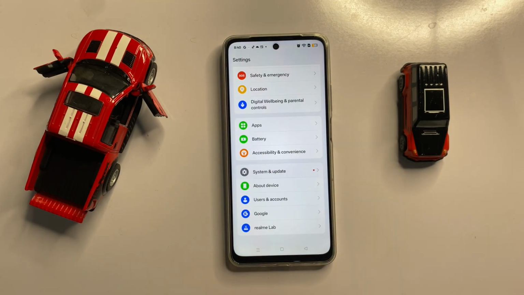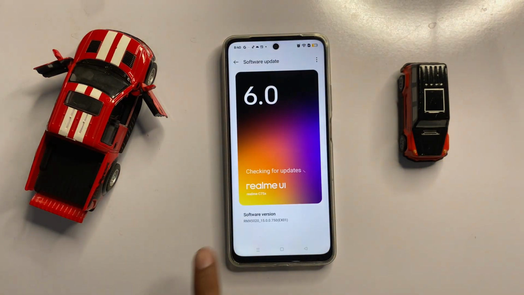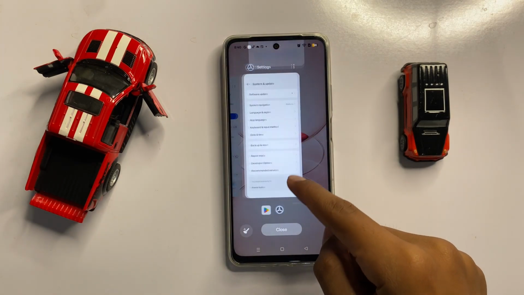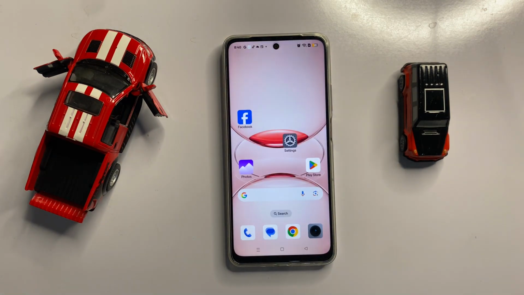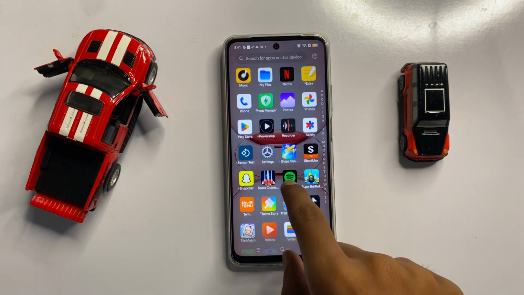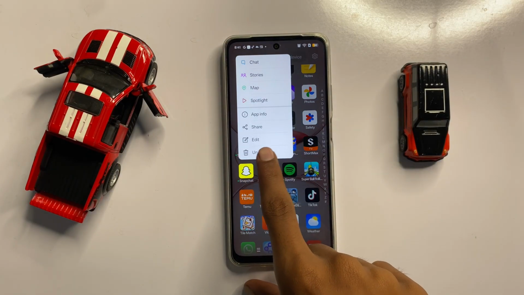system and update. Now click on software update, and here you can check whether your latest version is updated or not. If it doesn't update to the latest version, then update it to the latest version. After you update to the latest version, your problem will be fixed. If it doesn't fix your problem, then press and hold on the Snapchat app and then uninstall your Snapchat app and